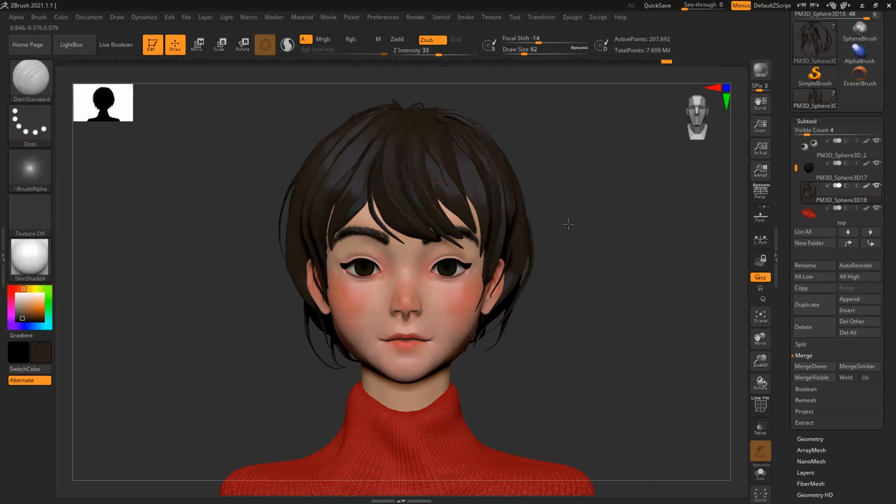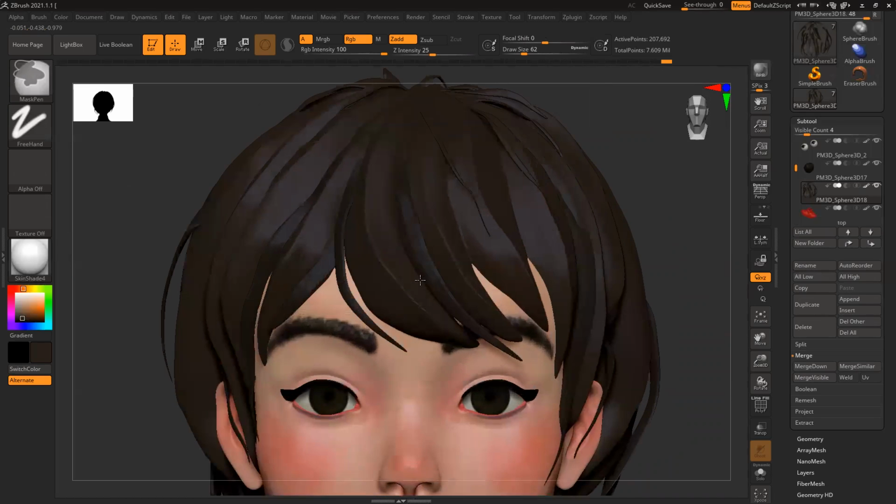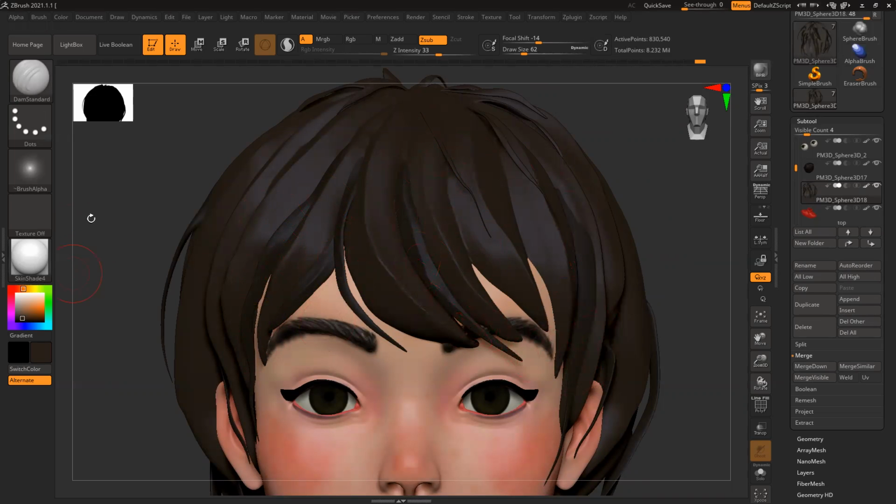Control D. One more time. Now add some detail. So each and every part you have to give attention and add details.